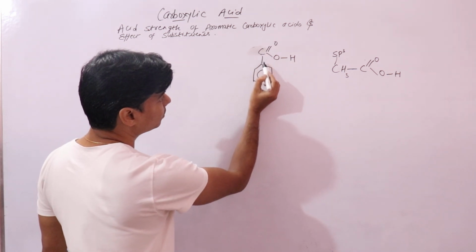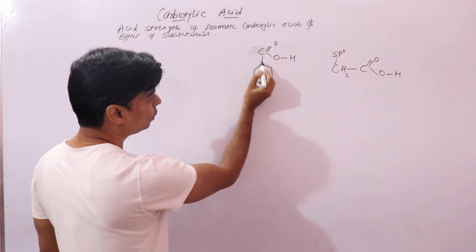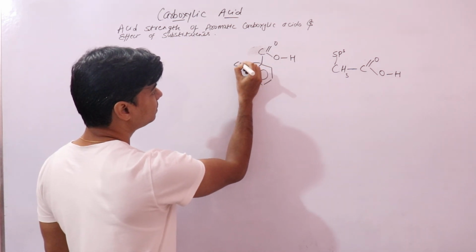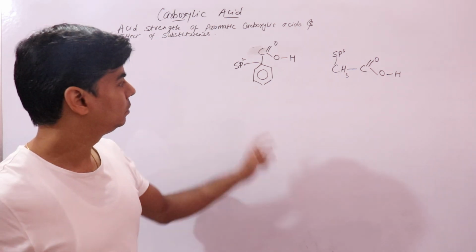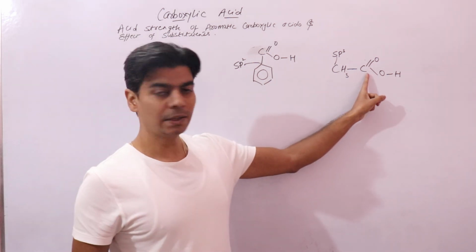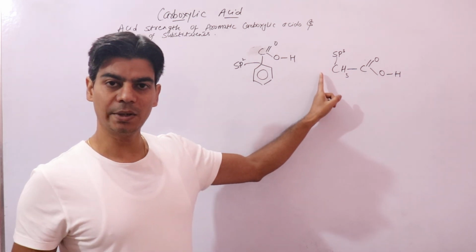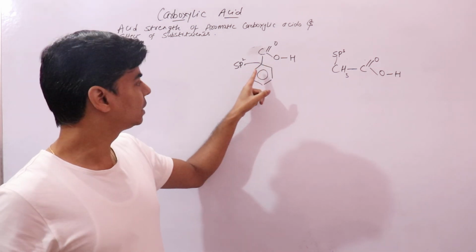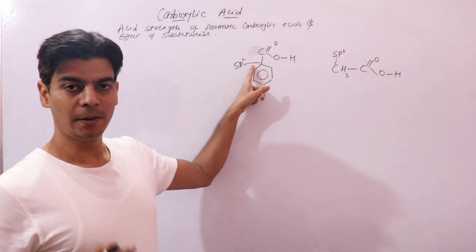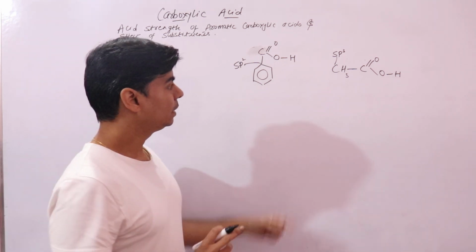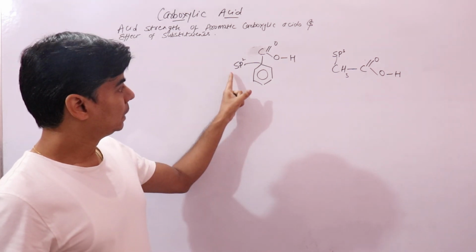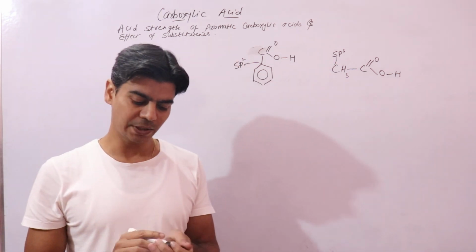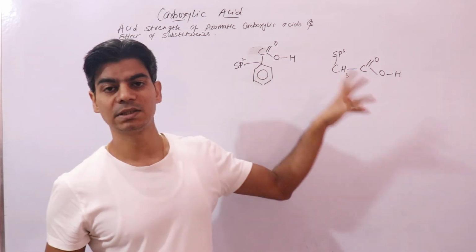So this carbon atom of carboxylic group is connected to this carbon atom of benzene ring which is sp2 hybridized, right? Just notice the difference. Here carbon atom of carboxylic group is connected to sp3 hybridized carbon of methyl group. Here carbon atom of carboxylic group is connected to sp2 hybridized carbon of benzene ring, right? And we know that one basic thing is how the hybridization of carbon atom will affect the acidic strength,